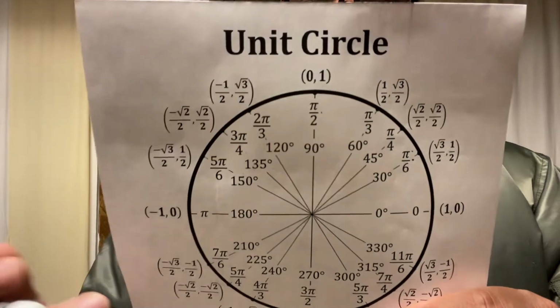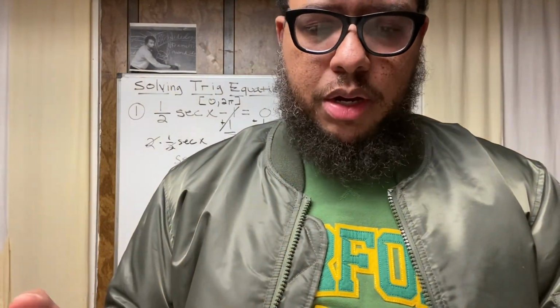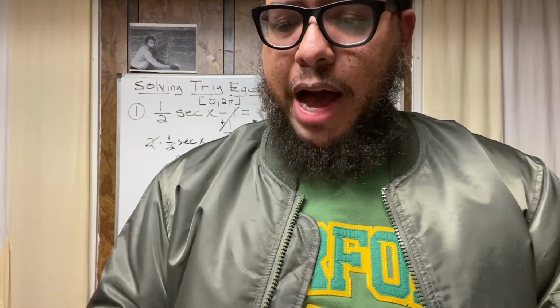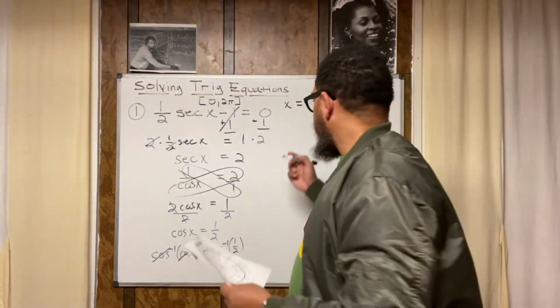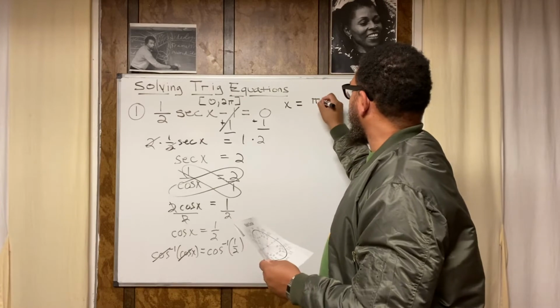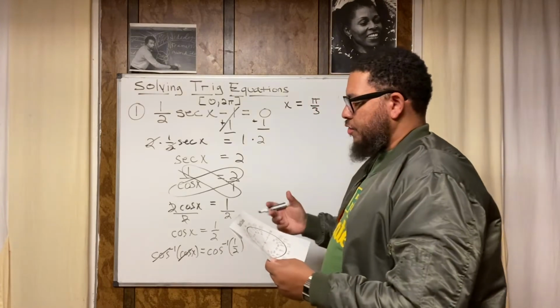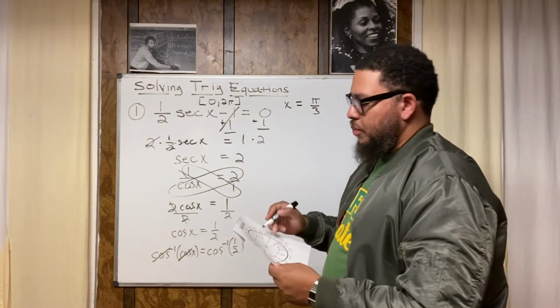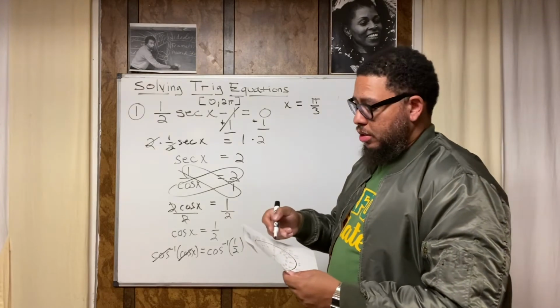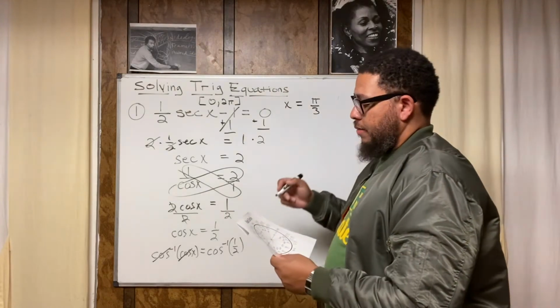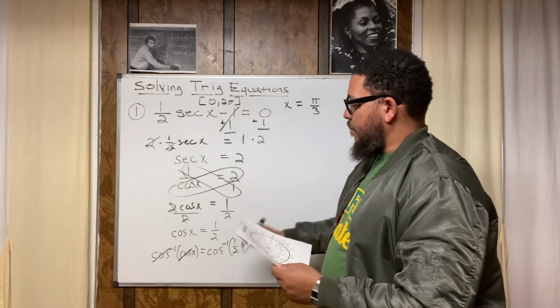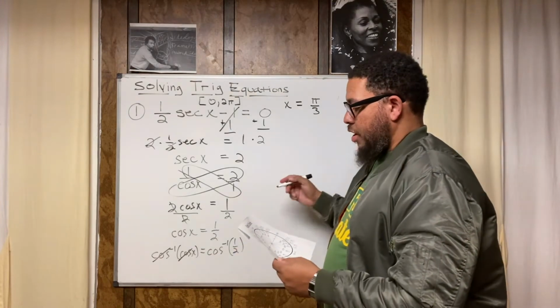So I look at this unit circle and I see that I'm dealing with pi over 3. So that means that x is equal to pi over 3, right? And pi over 3 is in the first quadrant because pi over 3, which is the same thing as 60 degrees, right? And so that's got an x value of 1/2. So that means that's got a cosine of